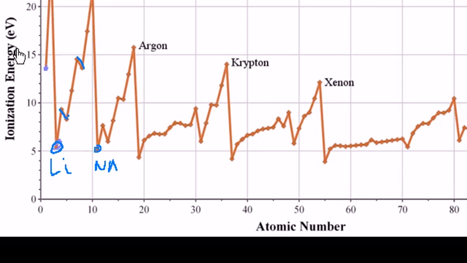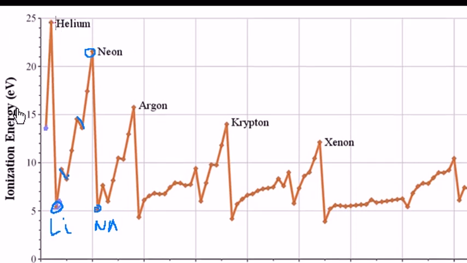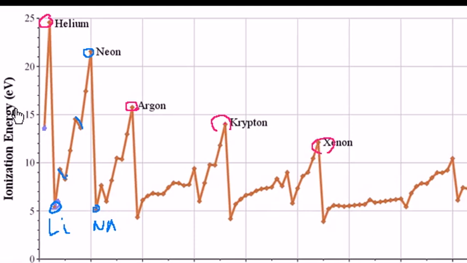So these are the noble gases right here. Let me make sure you can see them all in the video screen. Helium, very hard to remove that electron. Neon, it's very hard, but a little easier than helium. And that's because neon's a little bit bigger. The electrons are a little bit further away from the nucleus. Argon, same pattern, but it's actually interesting. Argon is actually not that different than hydrogen. Now, krypton, same thing. It's hard to remove that electron, but it's actually no harder to remove the electron on krypton than on hydrogen. And xenon, and you go all the way out to